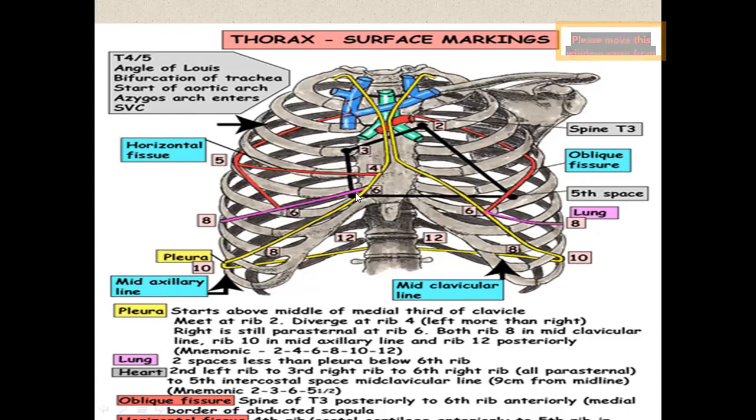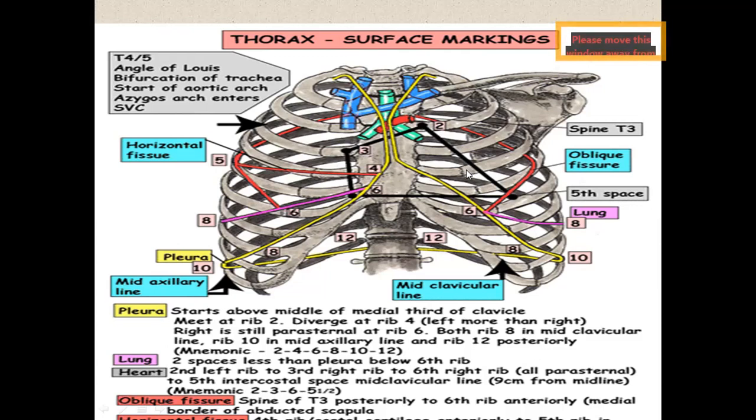From the sixth rib, you draw your line towards the left side to the fifth intercostal space, in the mid clavicular line. This joining of the sixth rib of the right side to the fifth intercostal space of the left side makes the inferior border of the heart. And if you draw one more line from this fifth intercostal space back to where we started, the second left rib, on the parasternal line, this makes the left border of the heart.